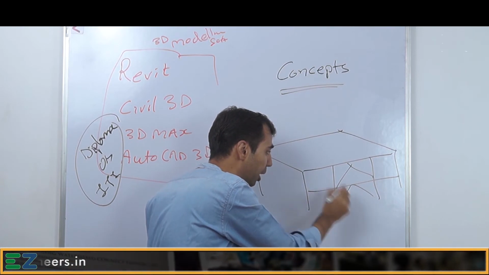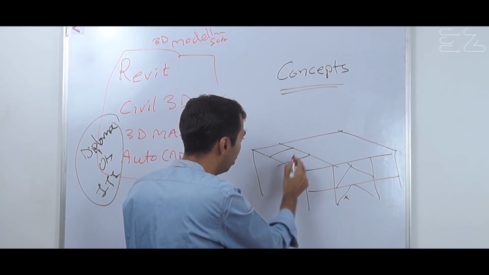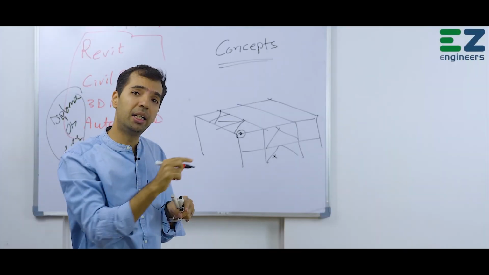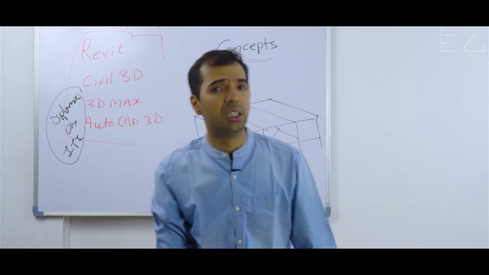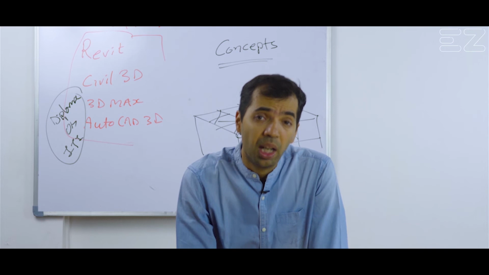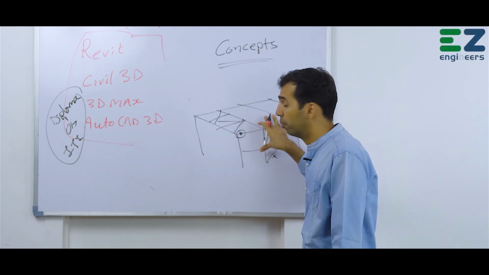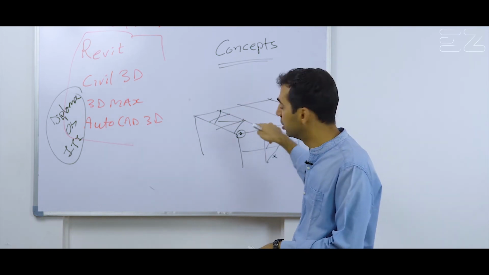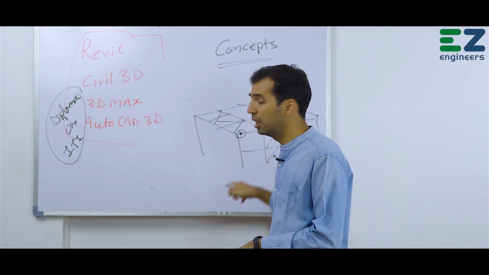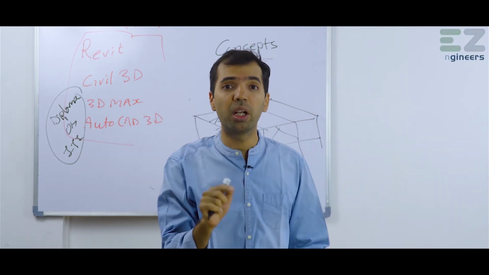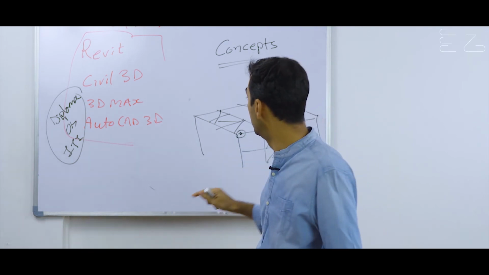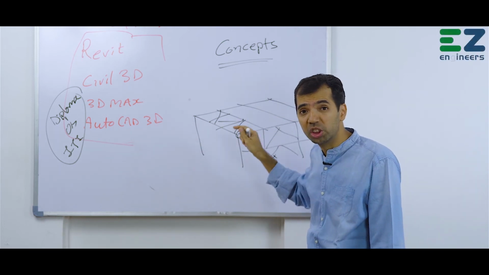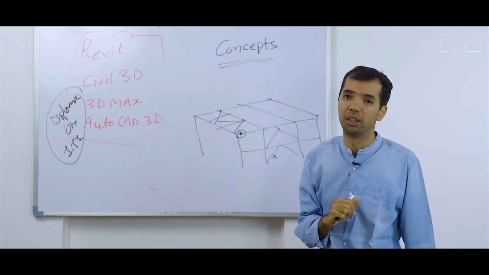So if you don't know where to provide this plan bracing, if you don't know which type of connection I need to model in the software, then is there any meaning of learning software? And exactly this happens, that 90% of engineers have learned this software, but they have not learned this thing. So this thing can be learned by actually working on the projects. If you are working for many years, say at least 4 or 5 years on the projects in structural design engineering, then only you can learn this.